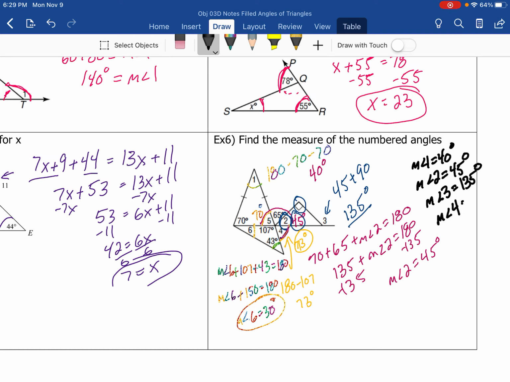Measure of angle 4 is 73 degrees. The measure of angle 5 is equal to 70 degrees. And the measure of angle 6, last but not least, was 30 degrees. And there you go. Those are the example problems. Hope you